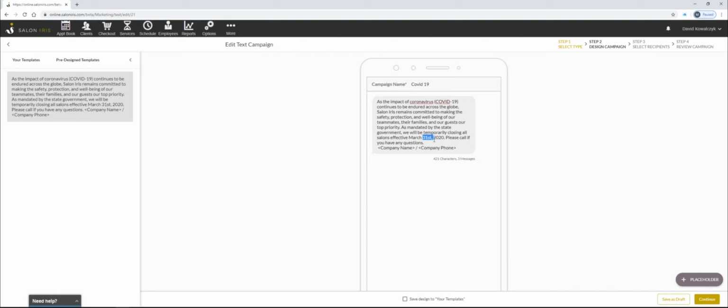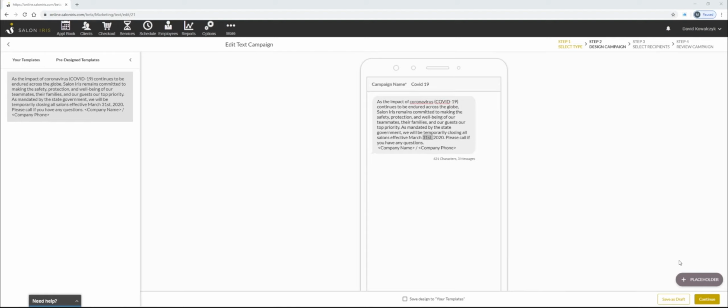So this is a really great way, as we all know, we don't always check our emails, or we might miss an email as well, given the current status of the world we live in. So this is a great way to communicate very effectively with all of your customers. When it comes down to it, it's a great way not only to allocate some resources and make sure that all of our customers are being communicated with, but also to make them aware that you're not open given the current times.